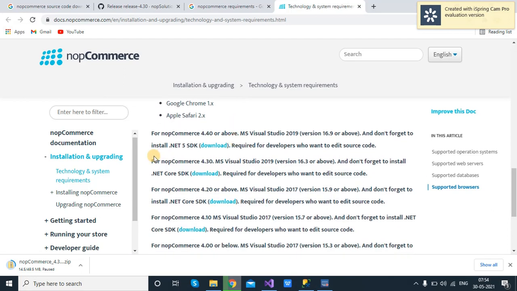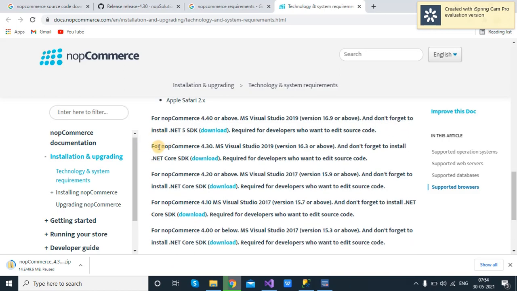Now the second thing is the SDK. You have to install it; it's compulsory. Just install Visual Studio 2019 or 2017, but if you want to work with the latest version, then you require 2019.